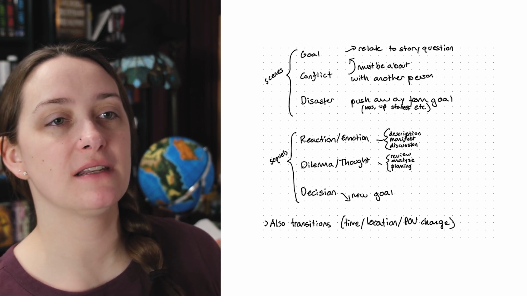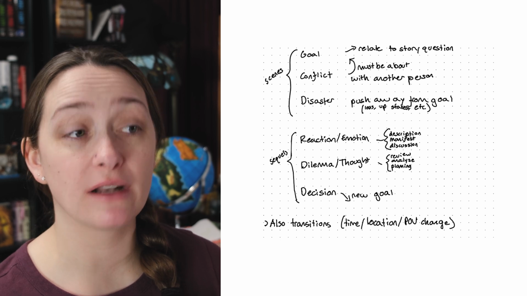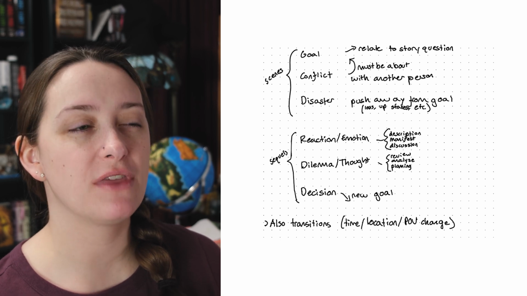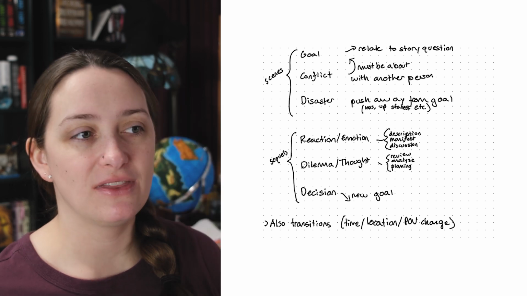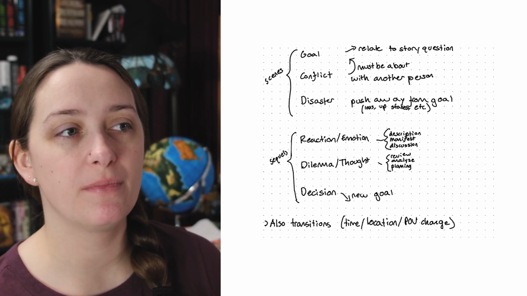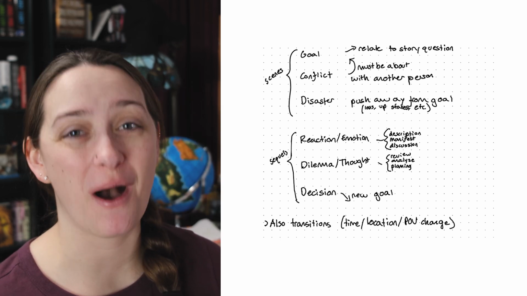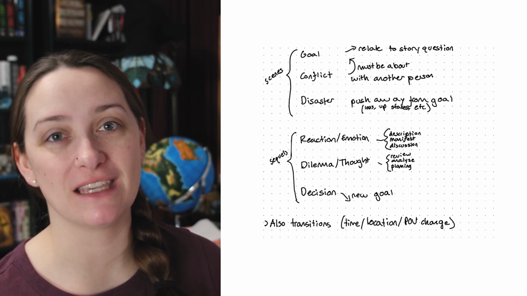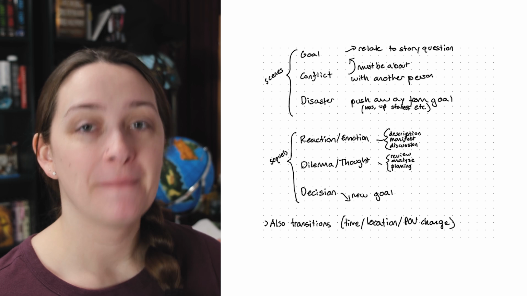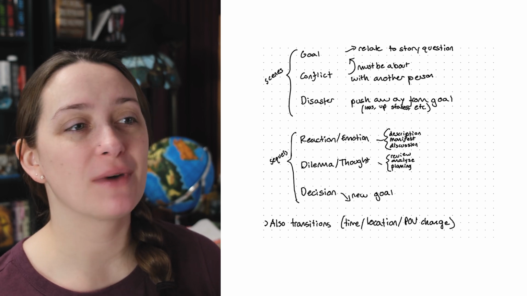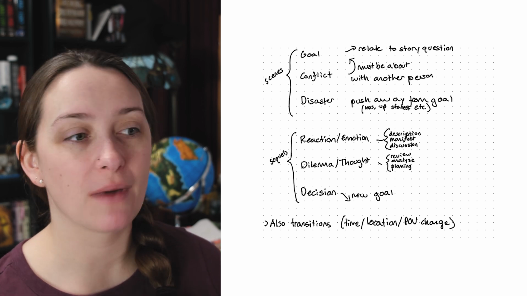So this is just another thing for my notes on a way to look at scene structure. I think this one is a lot more common of a way to look at it, so this will tie into what we're doing too. There are so many different ways to break down scenes, just like there are so many ways to break down story structure in general. It's all good. Whatever makes the most sense for your brain and the way you write is the right way.